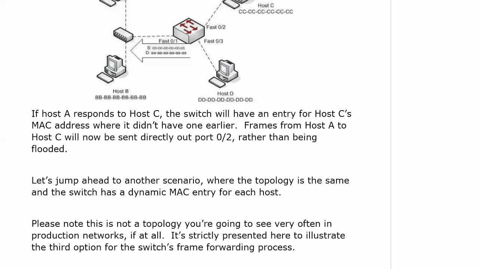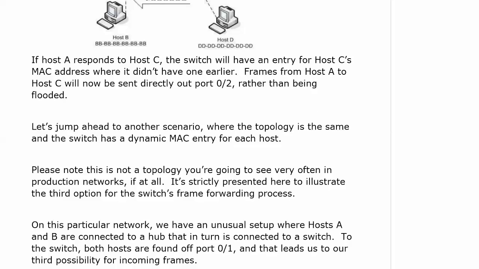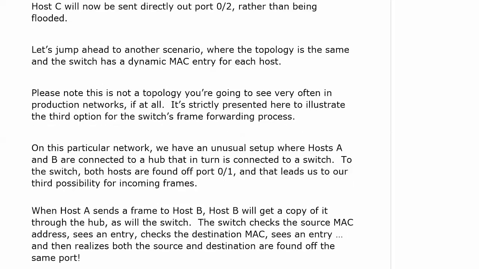Now, we're going to jump ahead to another scenario where the topology is the same, and we're assuming at this point the switch has a dynamic MAC entry for each host. Now, please note again, this is not a topology you're going to see in real-world networks. That hub is stuck in there for a reason. You're about to see what that reason is, because we have a very unusual setup here where hosts A and B are both connected to a hub that in turn is connected to a switch. Well, to that switch, both hosts are found off port 1,